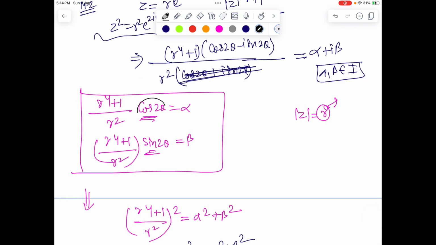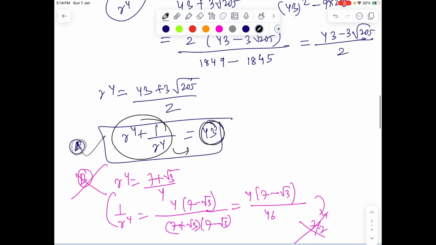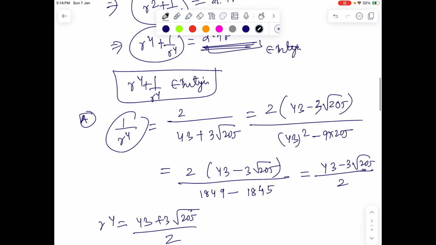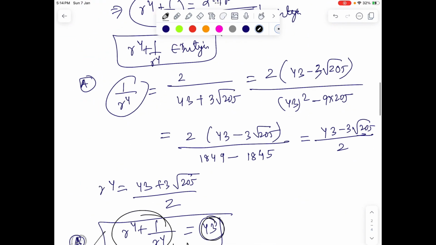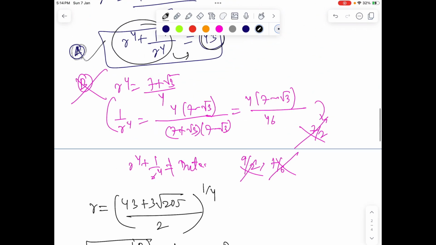Clearly, what is the value of cos 2θ and sin 2θ, right? So if we divide this equation, we'll get tan 2θ equals beta by alpha, right? Beta by alpha. Now from the first options, as we have seen, the beta by alpha value is going to be, just we can compare for the